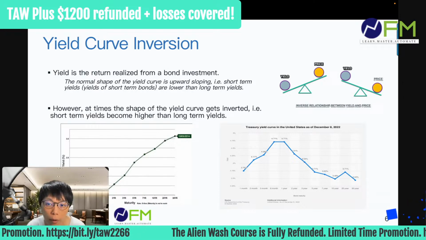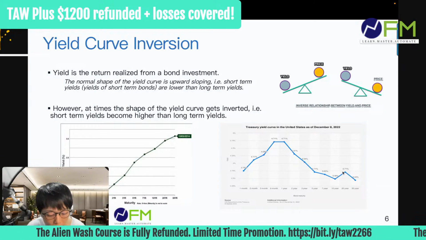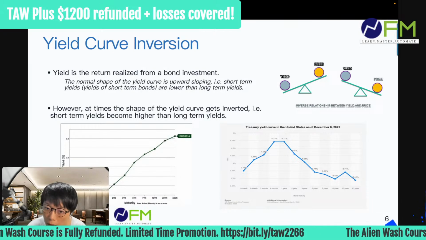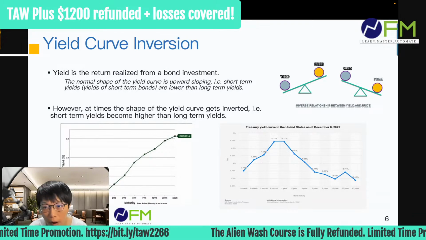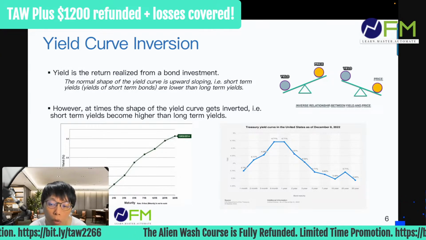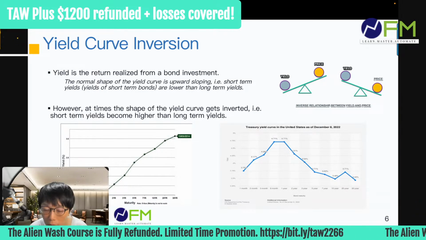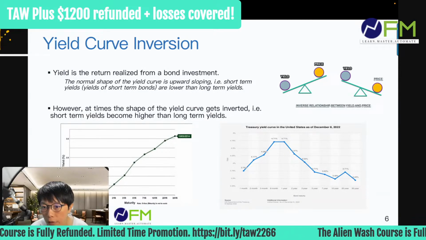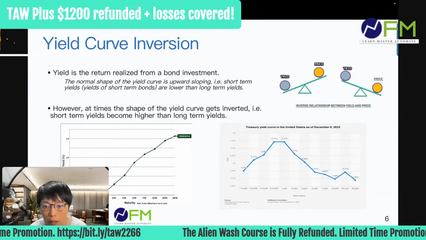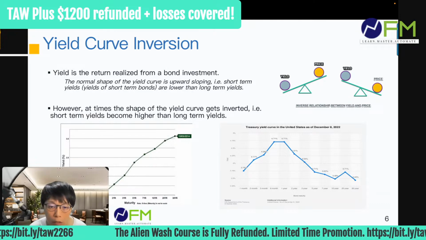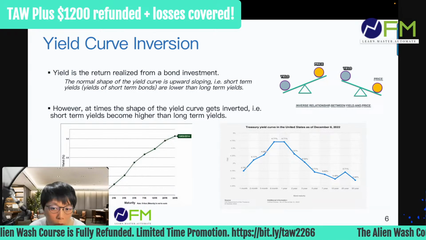Therefore, when we take a look at the 10-year, 20, and 30-year bonds, why is the yield right now lesser than the shorter term bonds? That's because a lot of people are actually buying it. Therefore the price went up, and the yield is dropping. Now why are many people buying the longer dated bonds? That's another story, but for example, they might be looking at the future and not being too positive about it. So that caused the yield curve to invert. And that was basically the story last year between November and December, where the yield curve inverted.